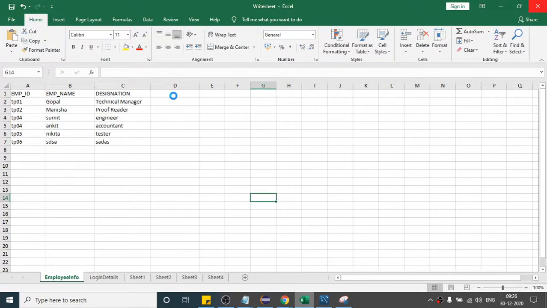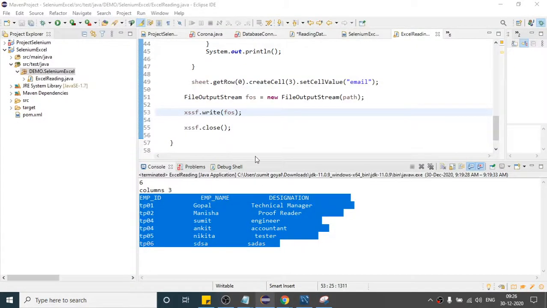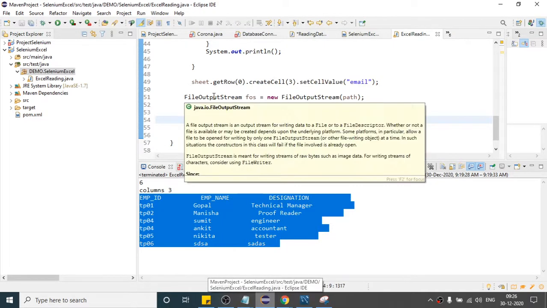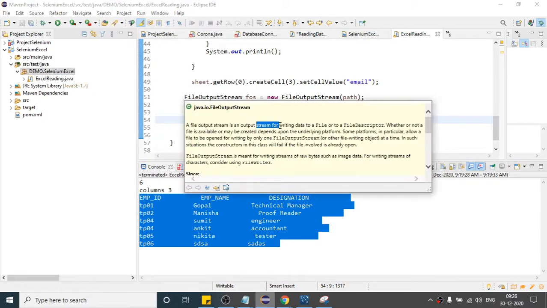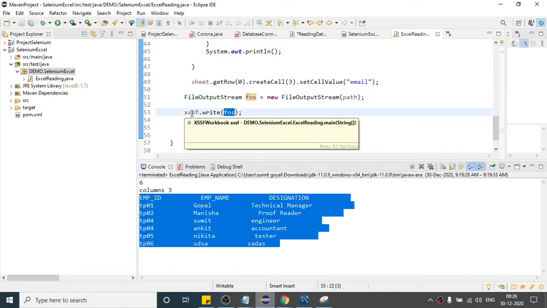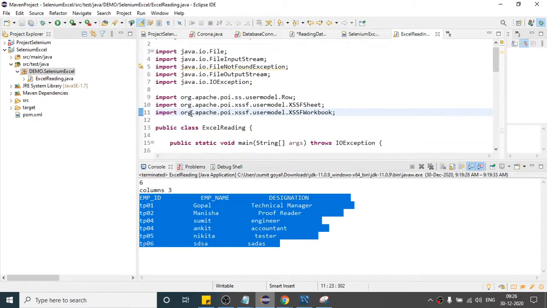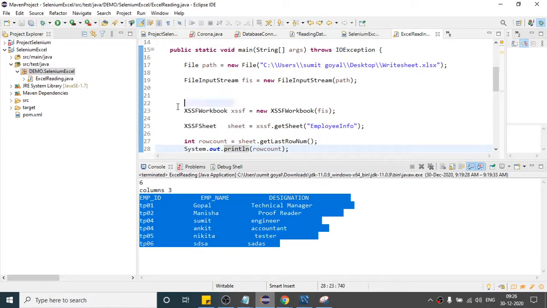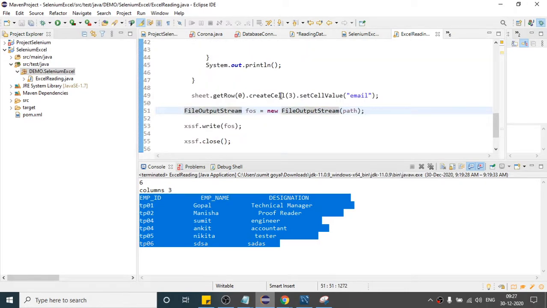As of now, no email is present, but once I run it, if you see this, for writing the data to the file, you can use output stream, right? Clearly it is written. This is the reason I've created the object, and now I am passing this object here. This will have my Excel sheet, the main object that is going to get my whole Excel sheet, right? So I will pass my output stream object, and if I run this,